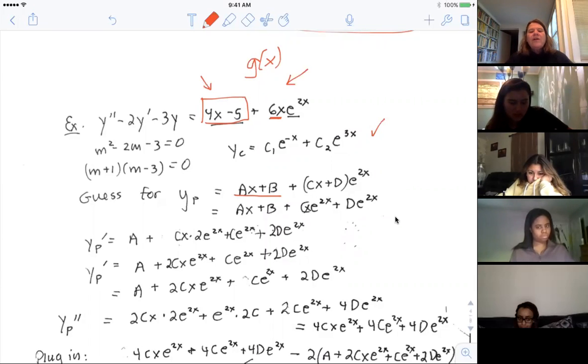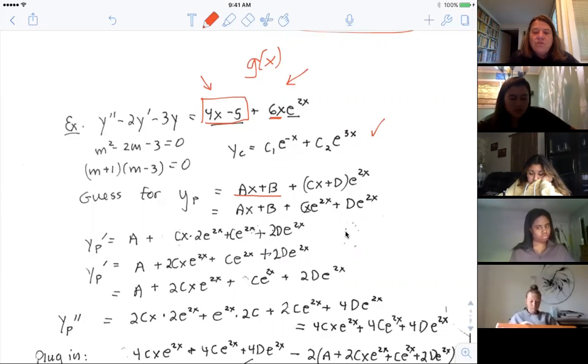Now, here's where I'm going to differentiate these things, and then plug it in, and I'm going to try to spare you the agony of what's going on here and we'll just look at the details. I did go through all the details to make sure I got the right thing, but we'll just look at that.